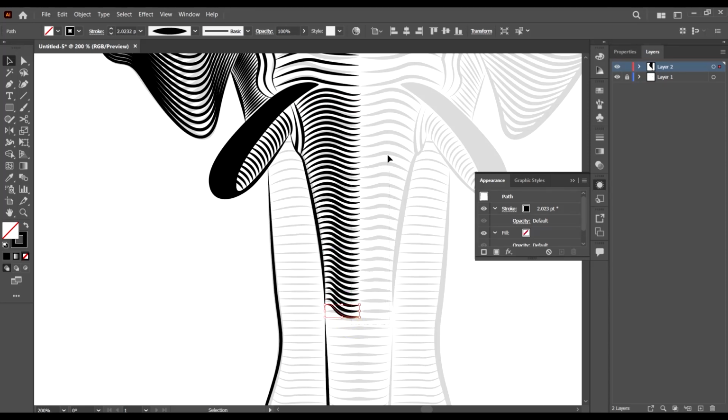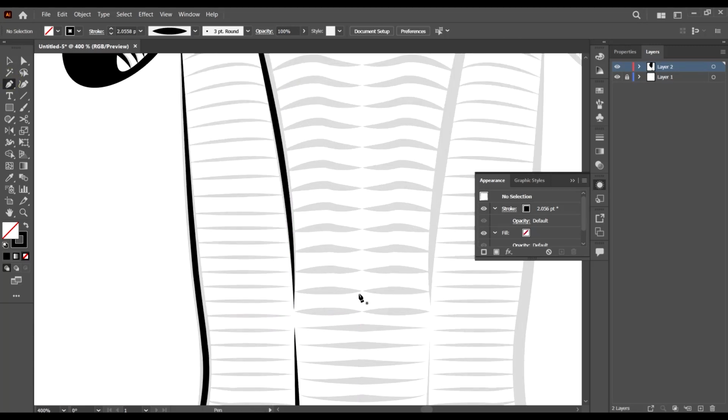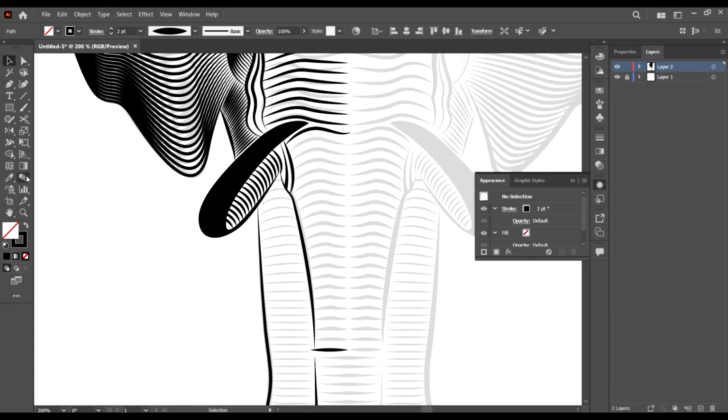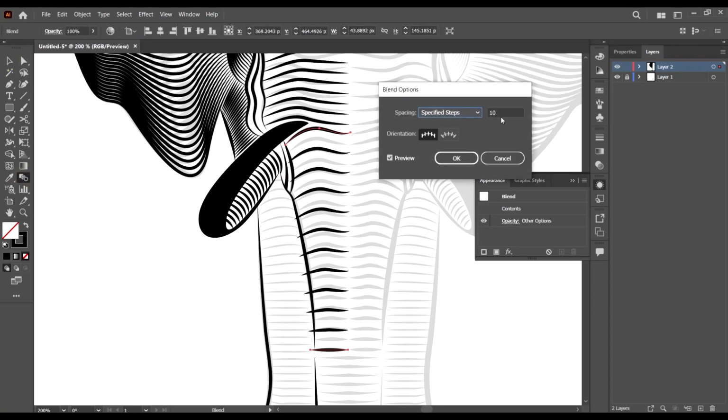Okay, I think that's the approach I took in the original design. I actually did this design years ago, so I cannot remember everything I did exactly. So for this guy, I'll just click and drag like this, and then select everything, give it a stroke of 2, give it a profile, and then my blend tool, click and click. Perfect. Now I'll just double click and then give it, say, 25. Okay,